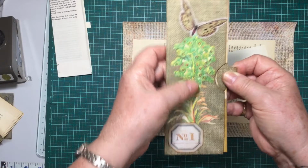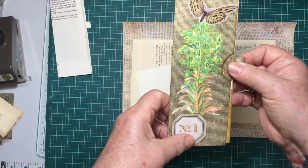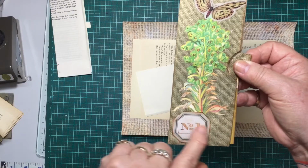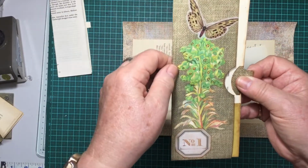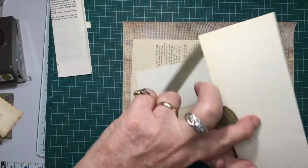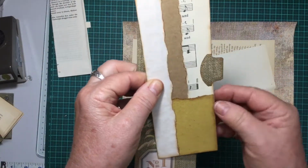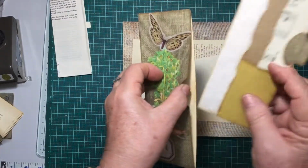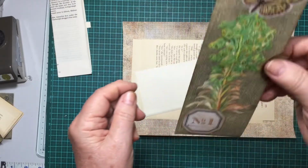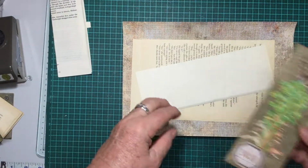But I just cut out from a book, I think it's Tracy or Rachel, I'm not 100% sure on the label, a stamp that I've had, and a butterfly sticker. Then I just collaged a tag and put some of the blank book page on the back, and cut out a whale tail with my Stampin' Up! Whaletail. I've covered both sides, so it can either just be paper clipped in, or you can pop it onto the side of your